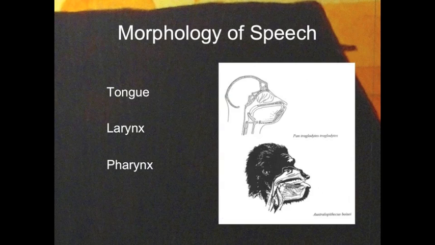However, there are some pretty significant limitations in relation to the human model. What researchers have found when they reconstruct the oral cavity and the upper respiratory system of the robust populations of Australopithecine is that there is a higher position of the larynx than what we have in adult Homo sapiens sapiens. This means that, again, the range of sounds and the manipulation of sound would be somewhat restricted. And correspondingly, the pharynx is smaller in size in and among these larger Australopithecines.